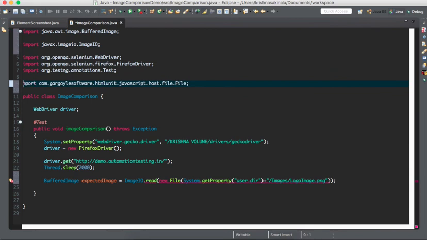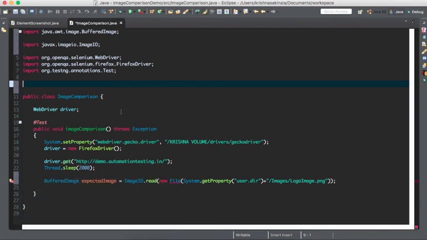I have a wrong input. I'll remove this one. New file of system.getProperty user.dir and the same images logo image.png